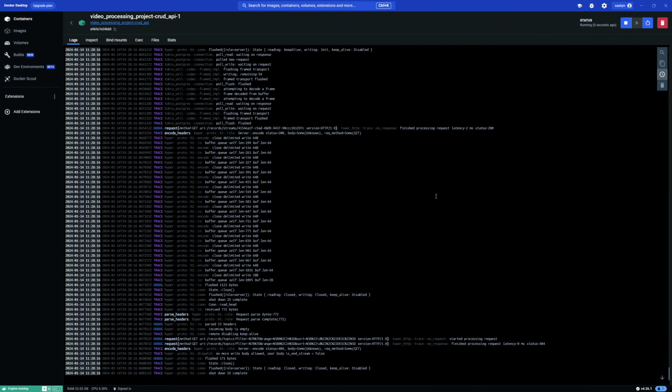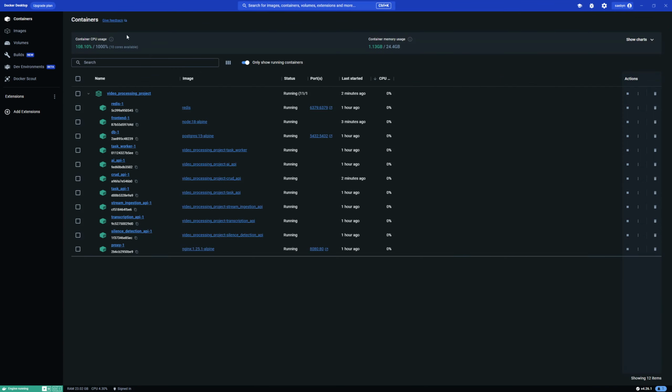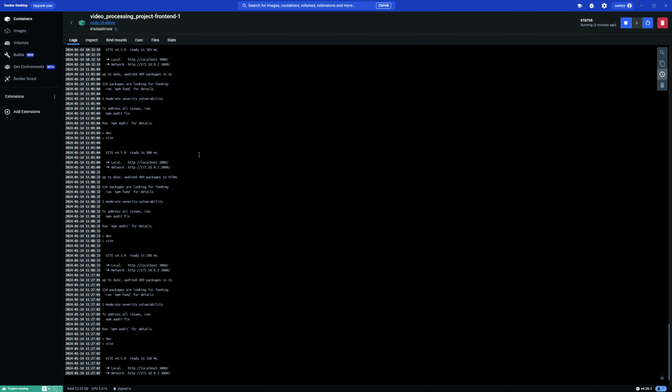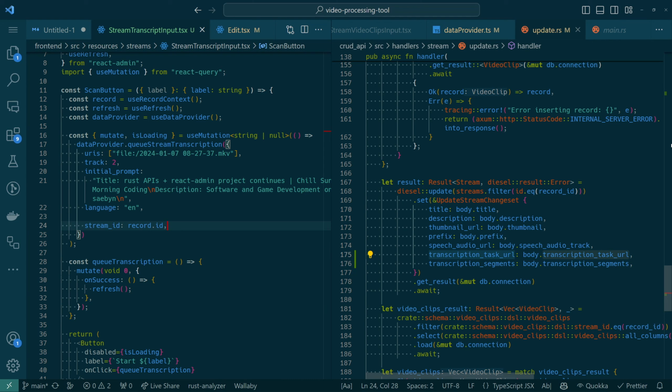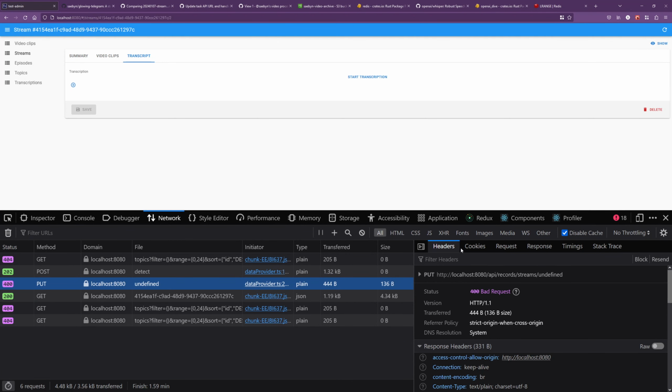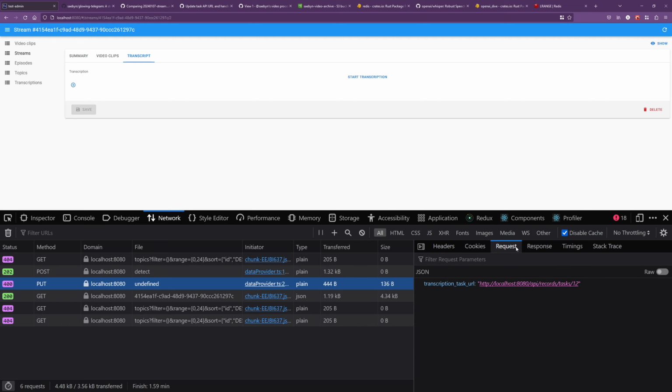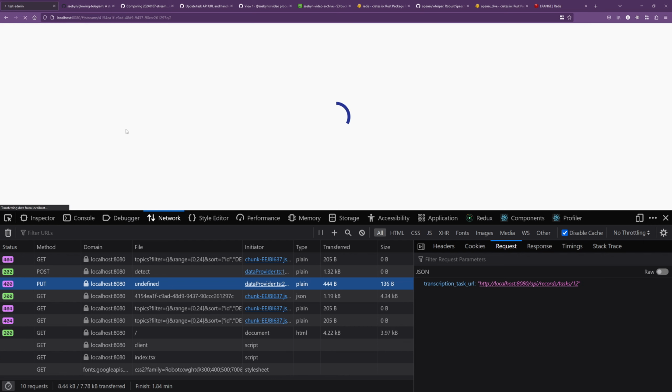All right. And let's go back to the front end. Unfortunately, it will not auto refresh, so we'll restart. But anyway, while we're waiting for that, we could see that, there we go. The request going there did include the transcription task URL that had the URL to the task in question. So maybe if we refresh now,